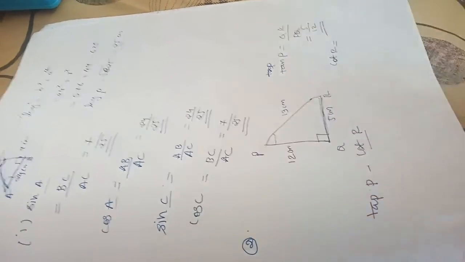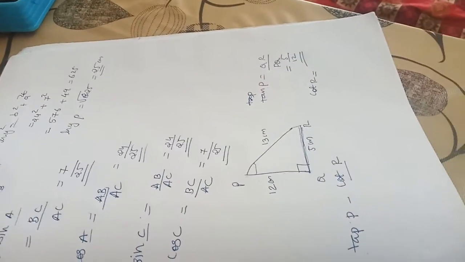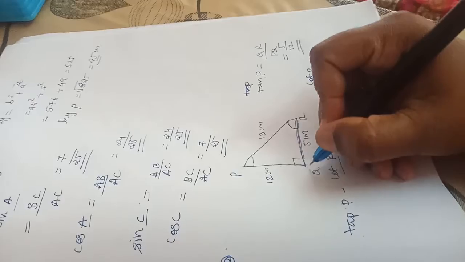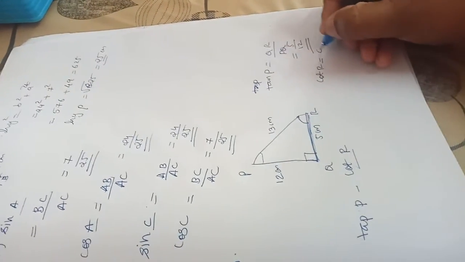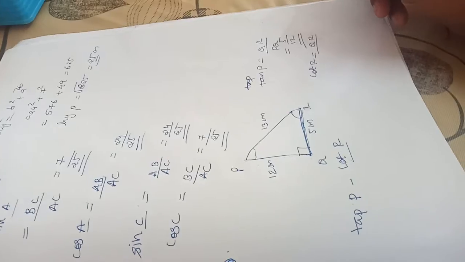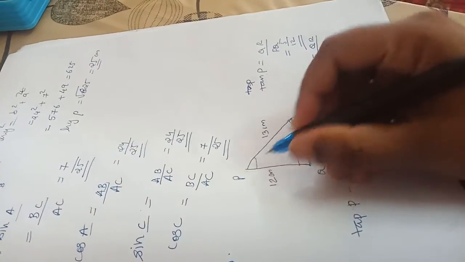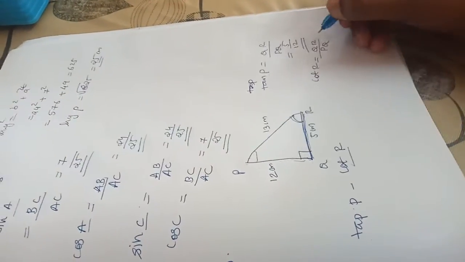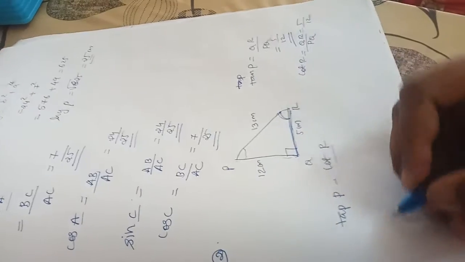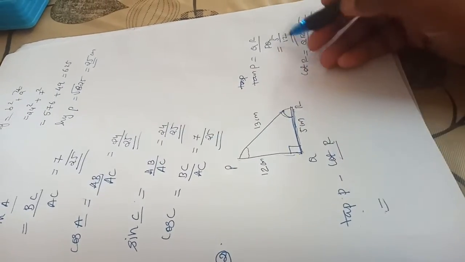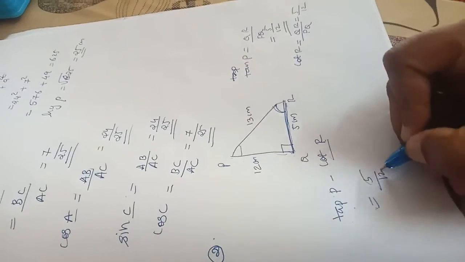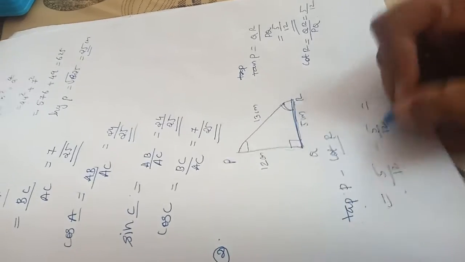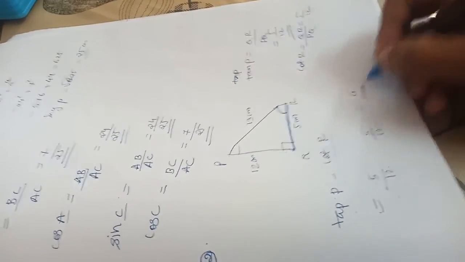Cot R is equal to, what is the equation for finding cot R? Just reverse of this equation. Side adjacent to angle R is QR divided by side opposite to angle R. Side opposite to angle R is PQ. So QR divided by PQ, we will get here 5 divided by 12. Actually what we have to calculate here, tan P minus cot R. What is tan P? 5 divided by 12, minus, what is cot R here? 5 divided by 12. 5 divided by 12 minus 5 divided by 12. The same number we are subtracting, so it comes here 0.